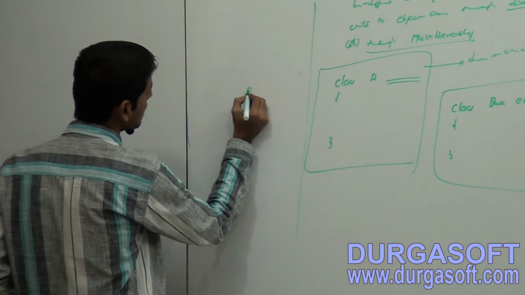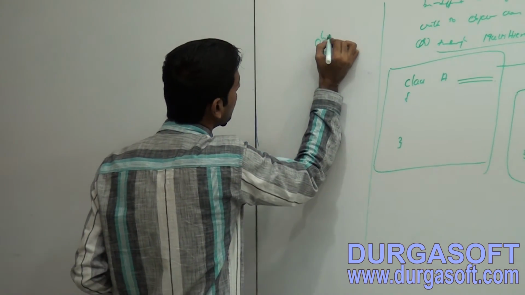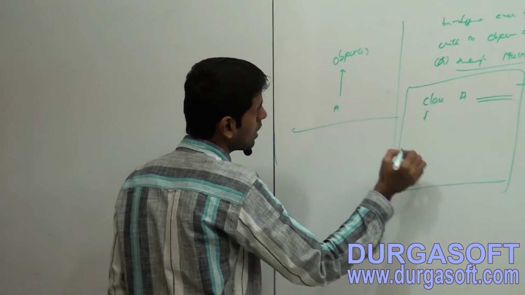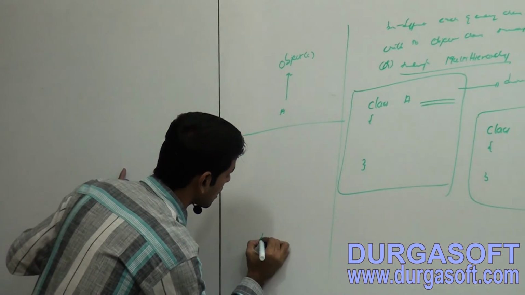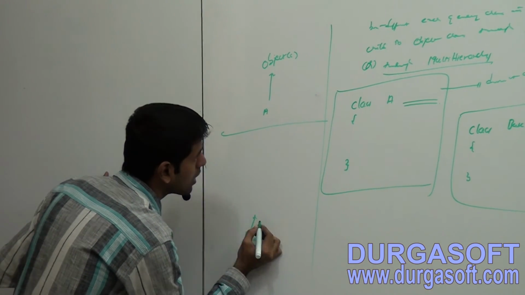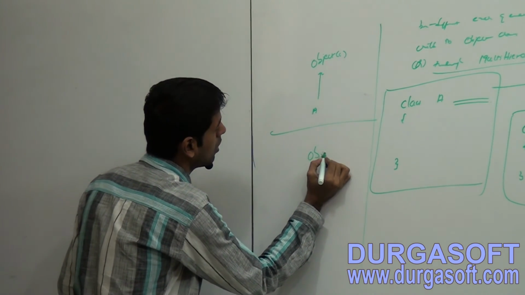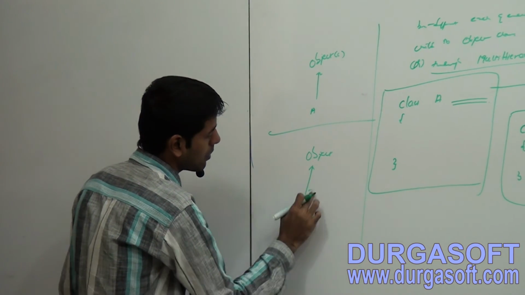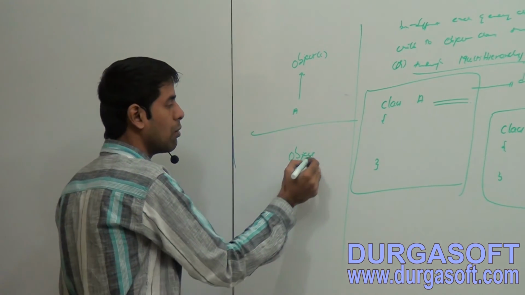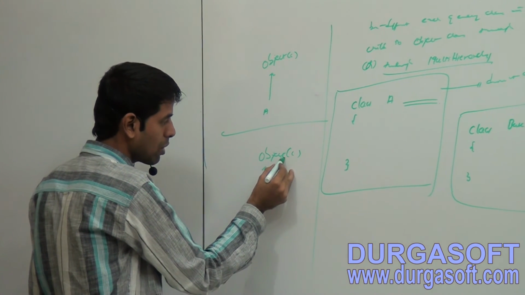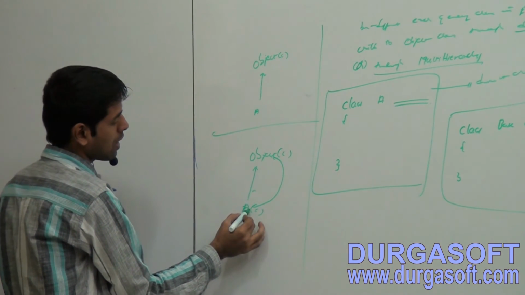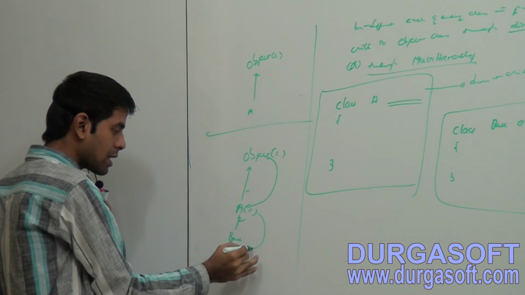This class is a direct child of the Object class, and this class is a child of the Object class through multi-level hierarchy. Whatever this class has will be available to this class, and whatever this class has will